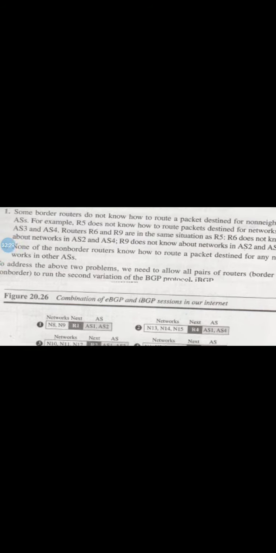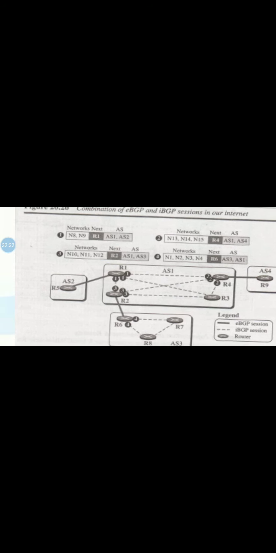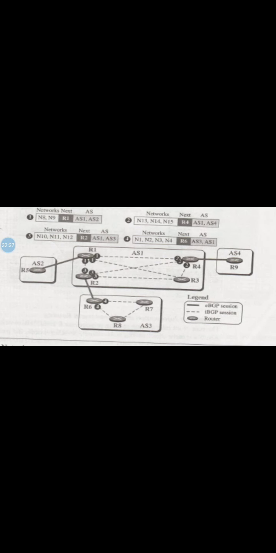Here all the routers are shown, R1 to R8, R9. Routers R2, R4 and R6 do the same thing but send different messages to different destinations. At this stage, R3, R7 and R8 create sessions with their peers, but they actually have no message to send.